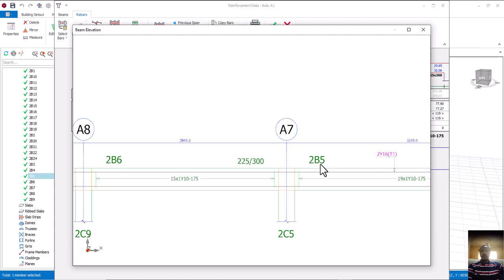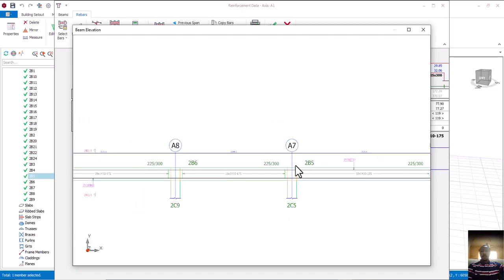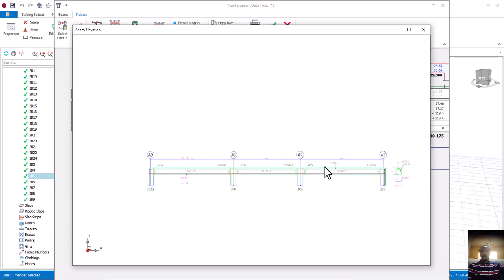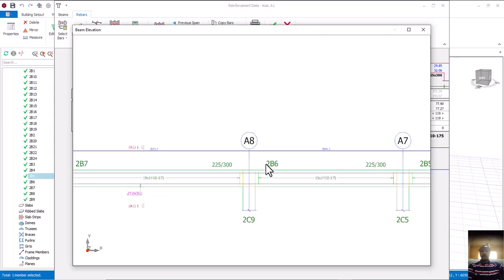Can you see? This labeling is very important. That's why I did not remove it. It's very important so that when you want to trace your beam, story 2 beam 6, story 2 beam 5. So from here to this place is story 2, beam 5. From here to this place is story 2, beam 6. From here to this place is story 2, beam 7. So if I want to trace any beam, this one here, I will not touch it. Is that okay? And this one also,